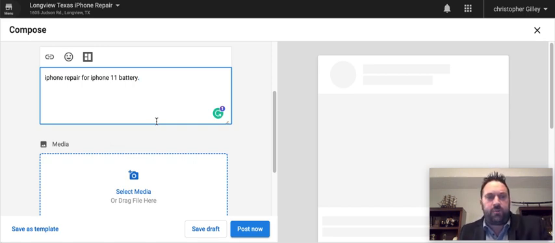And if you put it on your website as well, you would put more details about where they came from, let's just say Longview, Texas. You could put basically their town area.